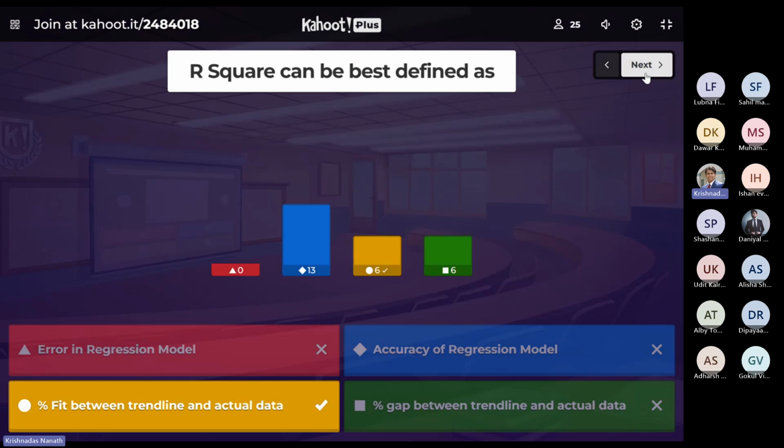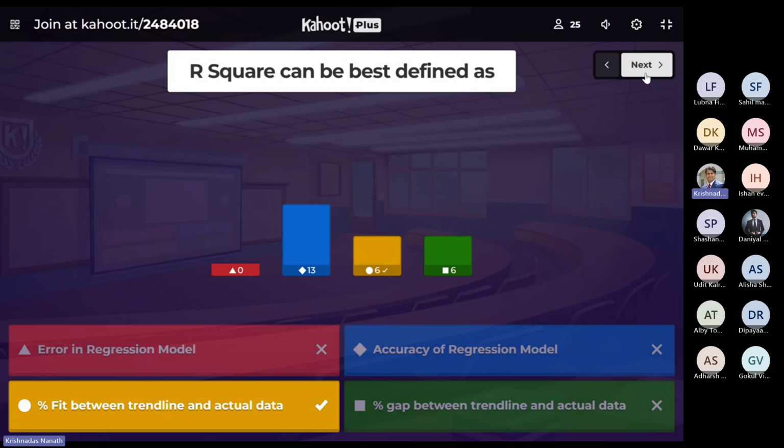Now, if it matches, I would say 100% accurate. That was a good accuracy. But in R square, we never did that. We never went with the test data. We never said whether it actually matched or not. R square is not the accuracy of the model. It shows you how much trust you can have on the model so that you can take that equation for